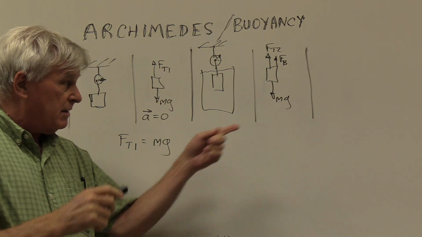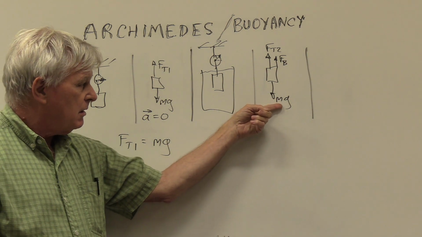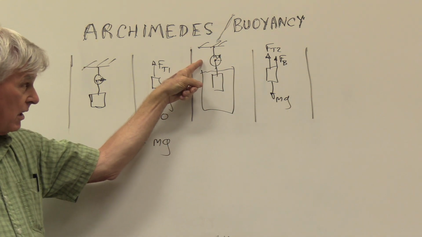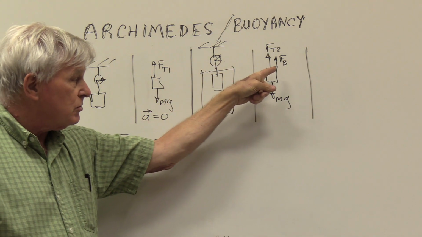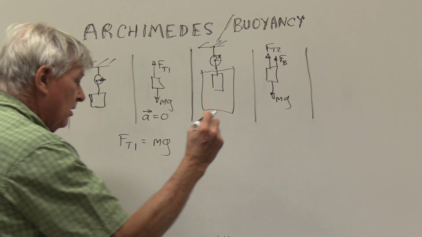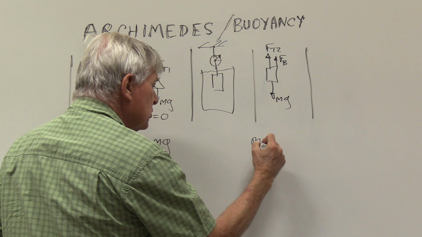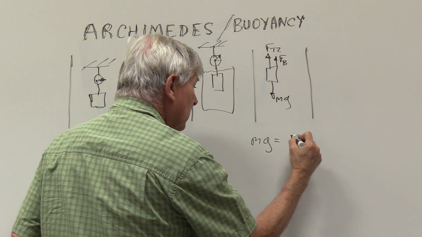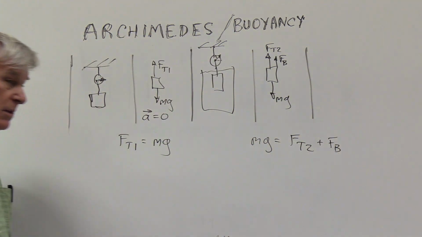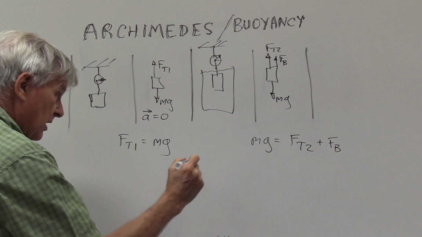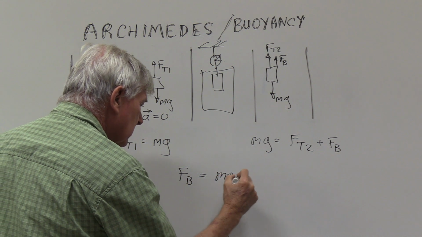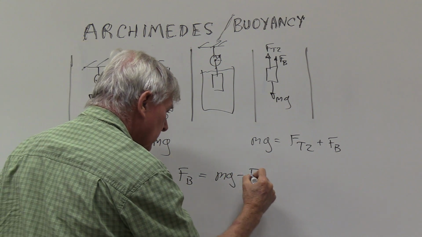is that we still have the weight down, which is unchanged, so that it's mass times the acceleration due to gravity. We have a tension, which is what the spring scale represents right here, Ft2 this time, and we also have the F buoyancy upward. Again, from Newton's second law, we can say that mg is equal to Ft2 plus F buoyancy. Now we want to determine the buoyancy force, so we'll just do the algebra here and say that F sub buoyancy is equal to mg minus Ft2